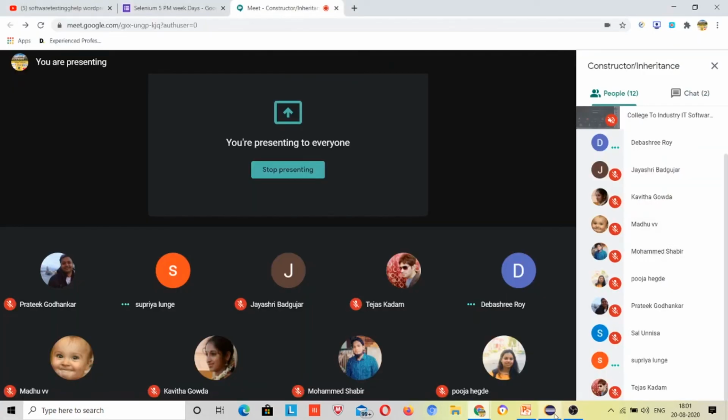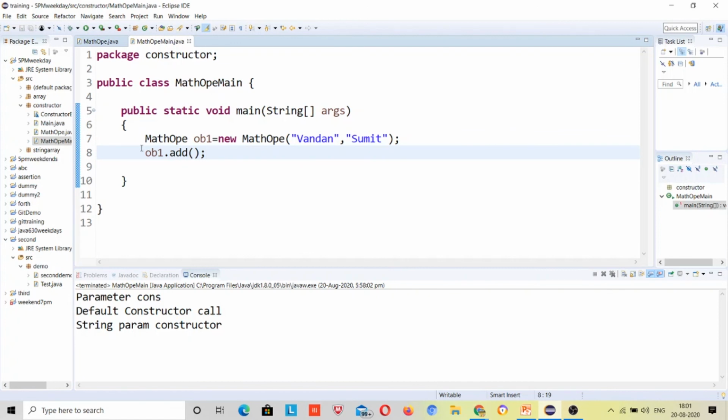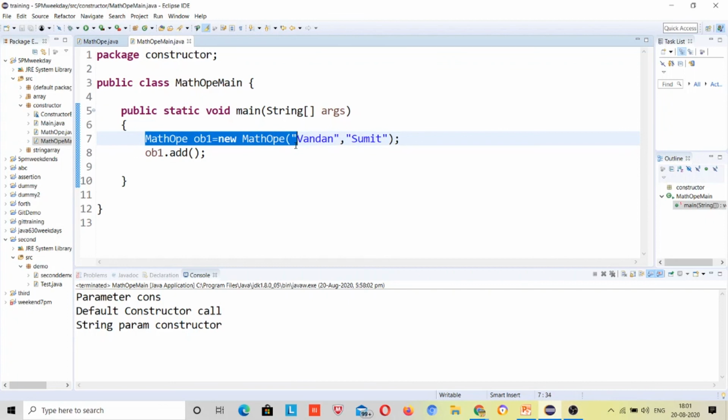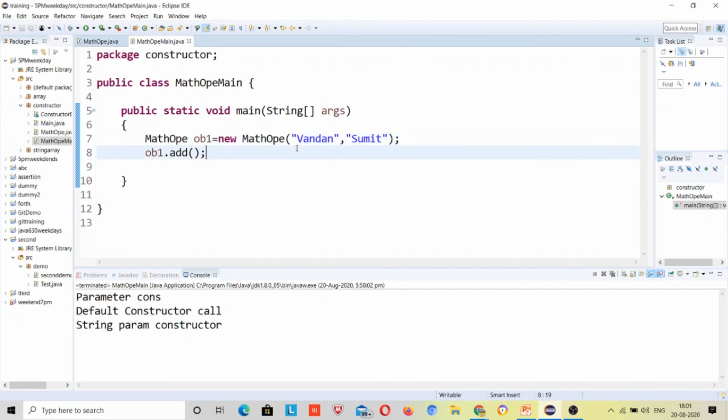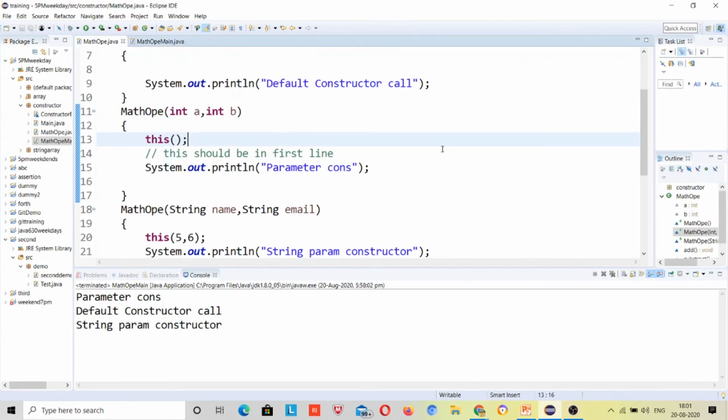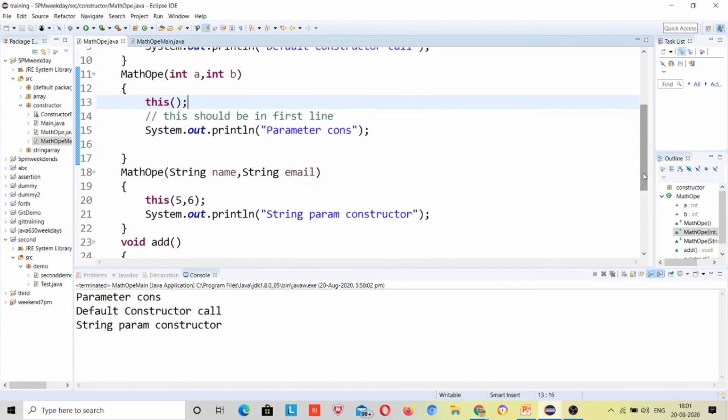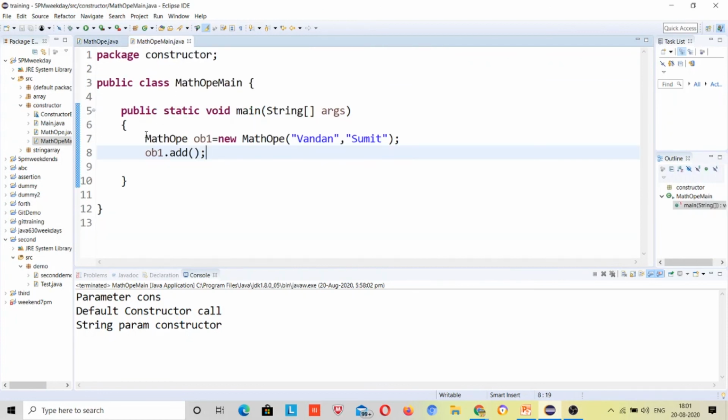Now Kavita, answer for me, what will be the output? Complete debugging of the code should be there. If you do that, you understand the conceptual process. First thing, if you bring the same three sentences, the parameter constructor is going to the string. No, just do one thing. First debug the code. Just don't start answering. Right? First debug the code. What will be the output?